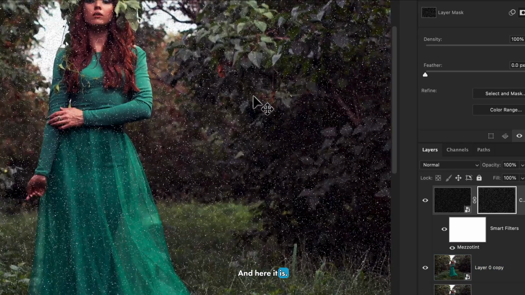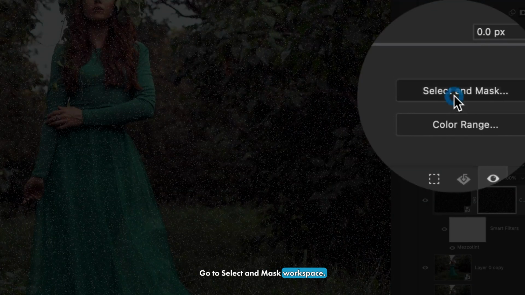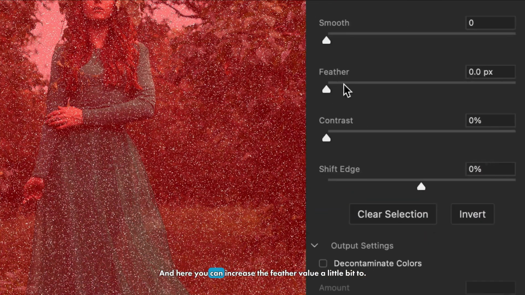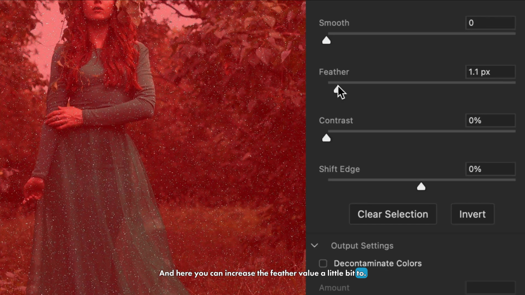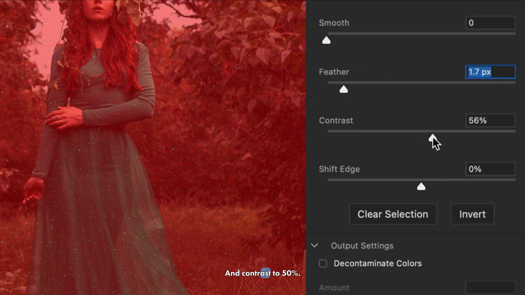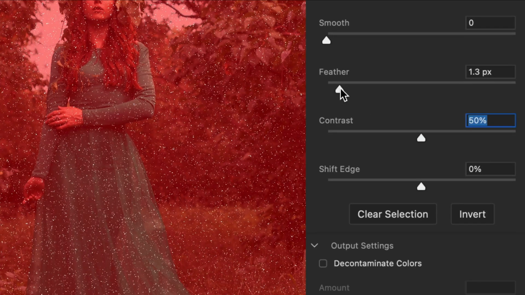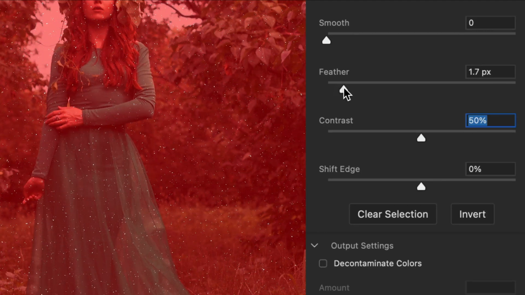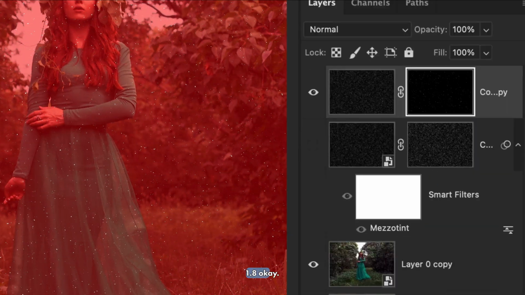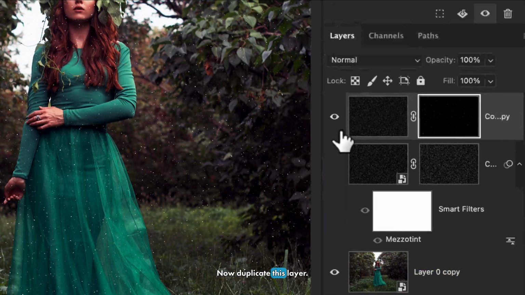Now guys, after this add a layer mask, and here it is. Go to Select and Mask workspace, and here you can increase the feather value a little bit, you can see it here, and contrast to 50%. Okay. Now duplicate this layer twice,